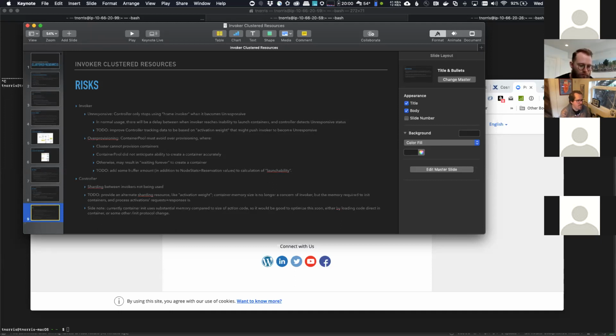Sorry, go ahead, Tyson. I was just going to say, I haven't spent a lot of time driving adoption of not doing log collection in the invoker, because we have a way to work around it for now. But that's something that I would encourage everybody running Kubernetes and Mesos to do: not collect logs in the invoker.